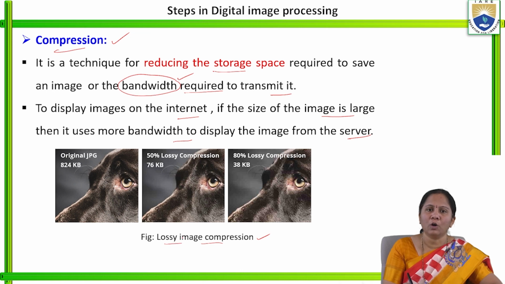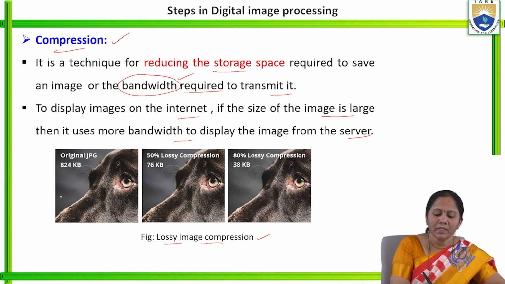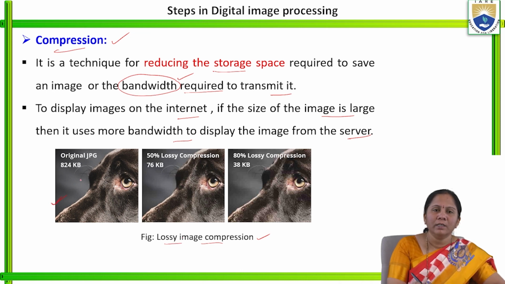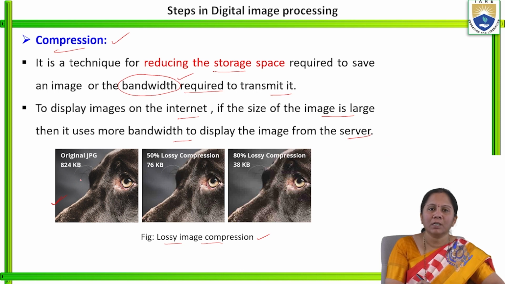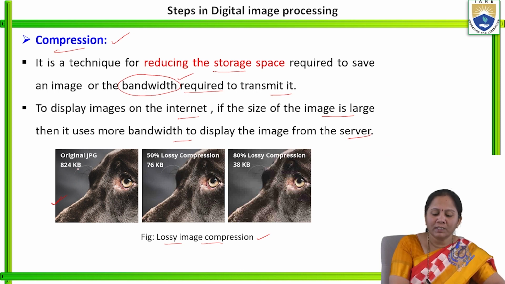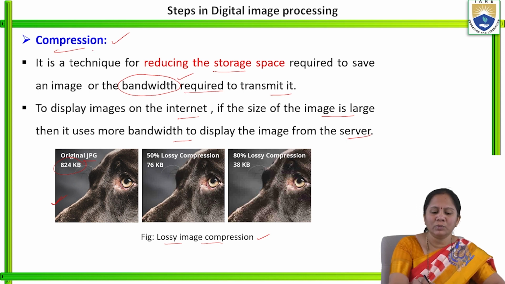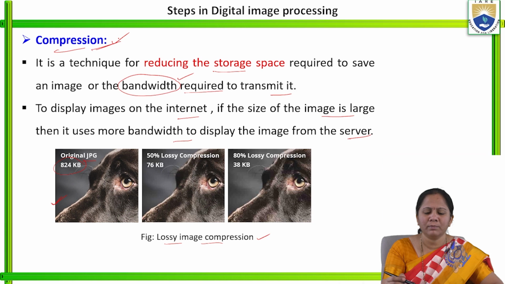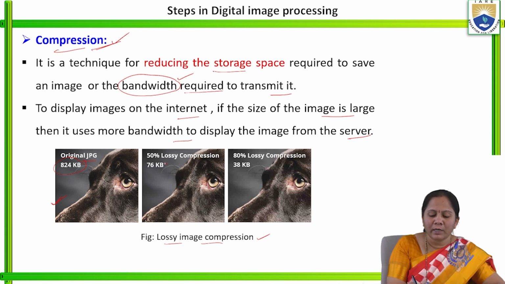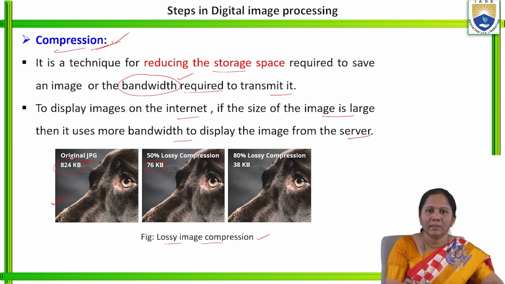We are seeing lossy image compression here, and this is the input image for this compression block. This is the original image, whose size is 824 KB. After compressing that image using some compression technique in this block, it has been reduced by 50%, and